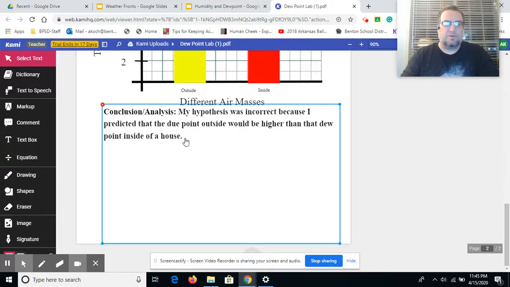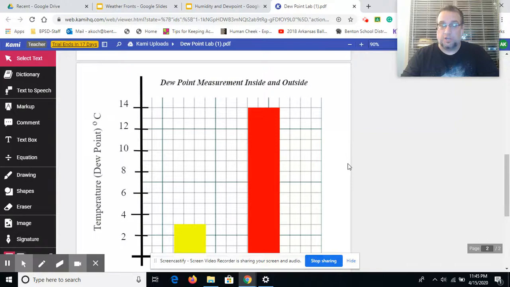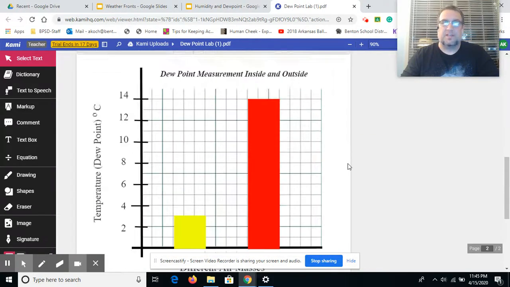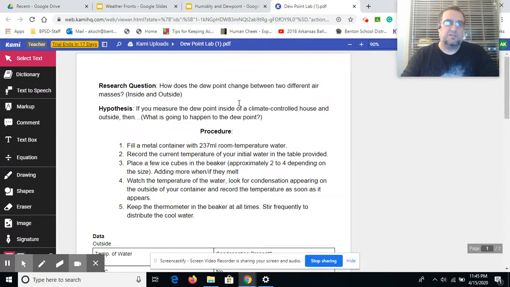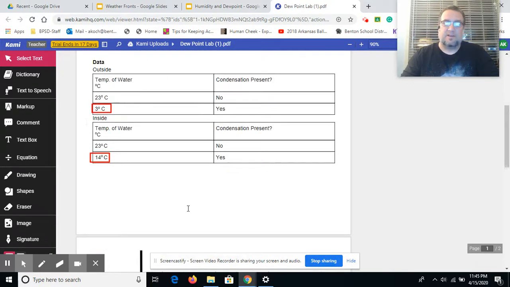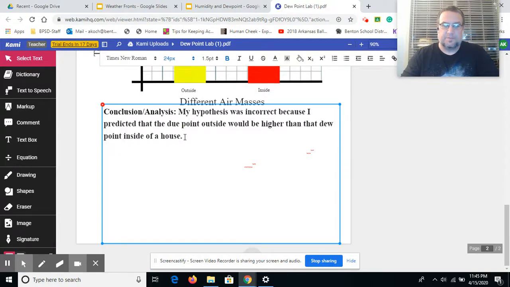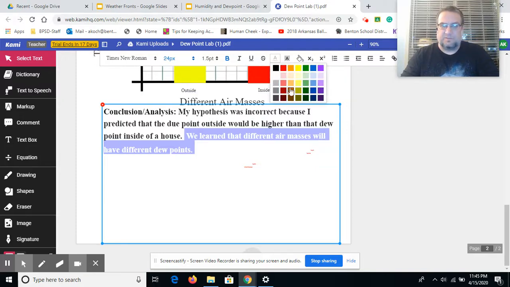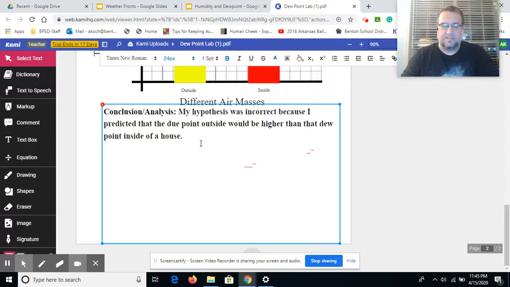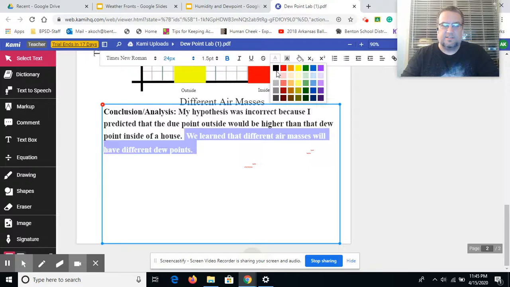All right. The second thing we look for is, what did we actually learn from this? We're just going to answer the question: how does a dew point change between two different air masses? And we're going to have evidence from our data as well. So we'll start here with our first sentence: what did we learn? We learned that the two different air masses have different dew points. They have different characteristics if they're different air masses, and they are different. And we know this because